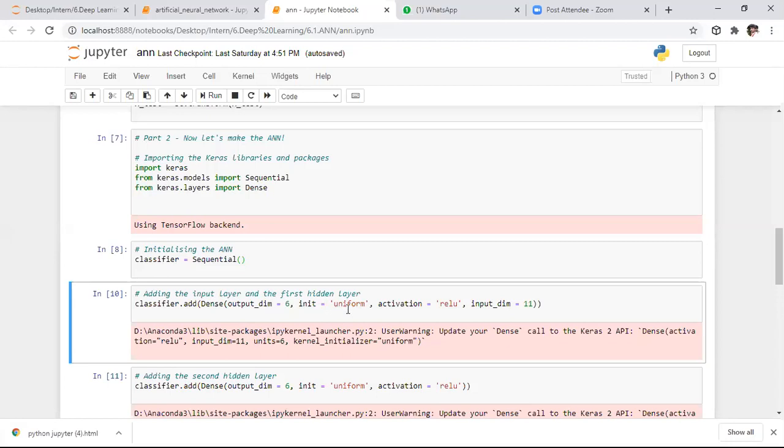Here I want to initialize the weights by using uniform distribution, assigning random weights by the uniform distribution criterion. As I already told you, for the hidden layer activation function, to avoid the vanishing gradient problem, we need to consider ReLU. So here I'm using the ReLU activation function.